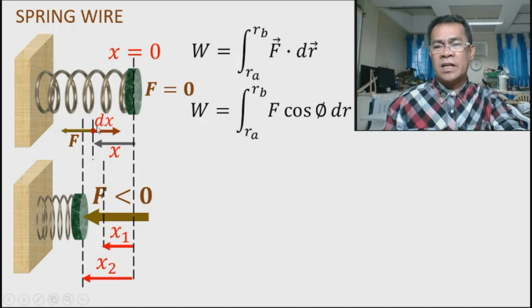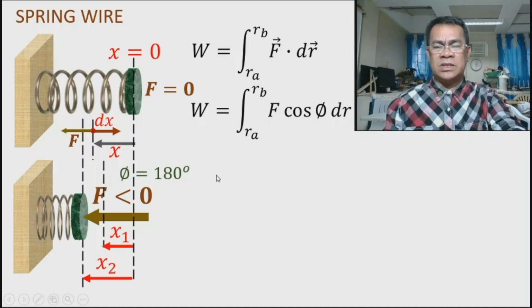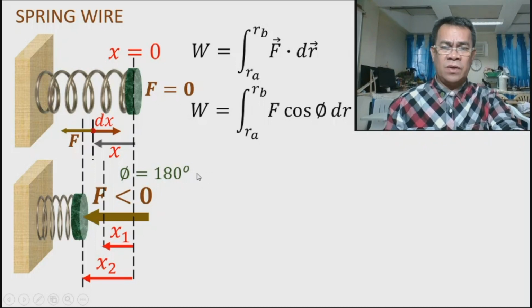So therefore, the force applied should be of different direction from the displacement. So if you are asked how much is the angle φ, take note the angle φ is the angle from the displacement towards the applied force. So this should be the angle, and it should be 180 degrees. Just like in gravitational potential energy, the weight and the displacement, the φ should be 180 degrees. So same as in the elastic property of material.